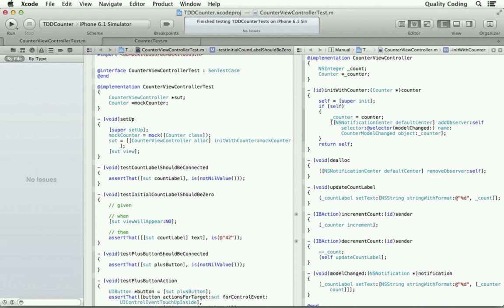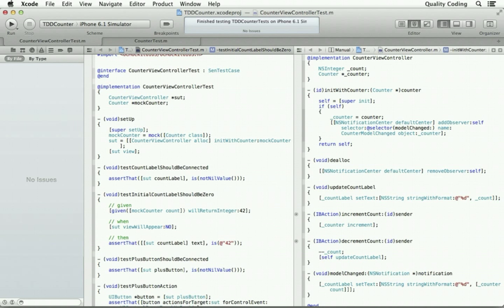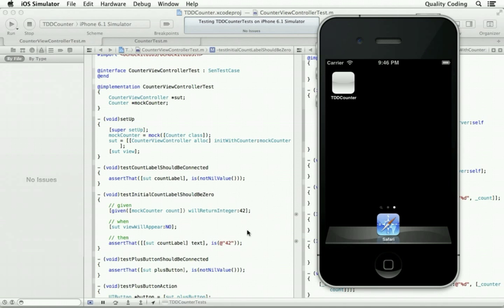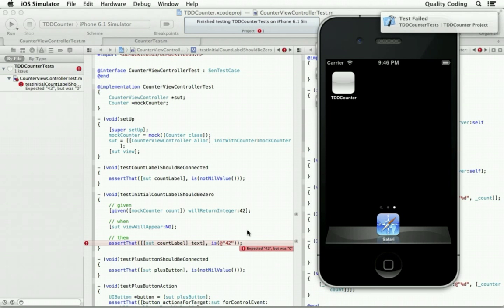Given that mock counter count will return 42. There we go. That looks better. That fails. Good.